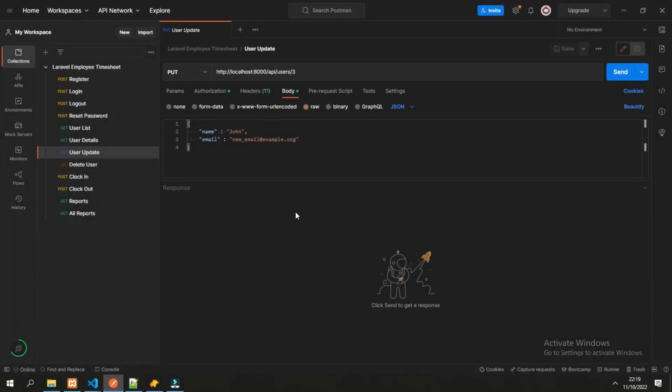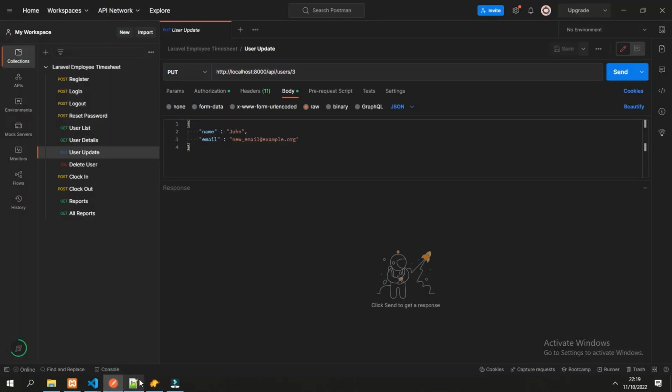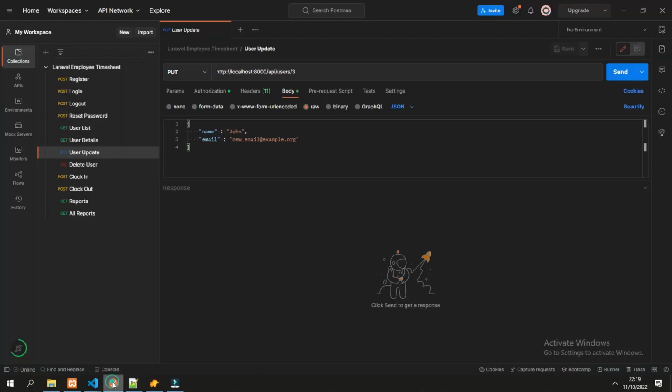For update user, we need to check the data in the database first. So there are 2 users, and we will update the user with ID number 4 with the user itself. So we need the token from the user ID number 4.